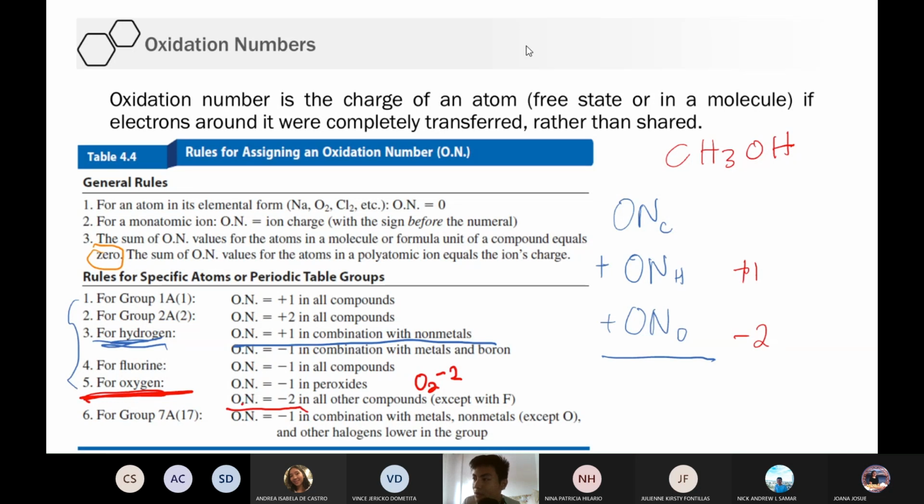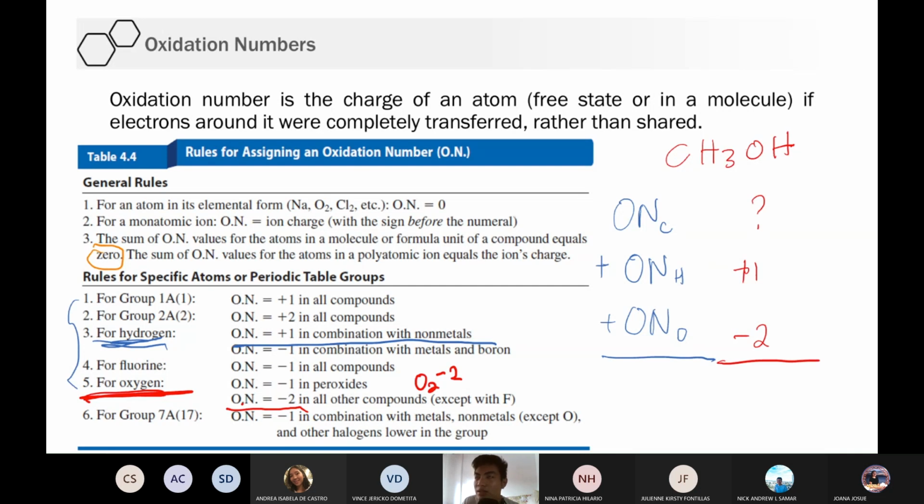Okay? How about carbon? Walang sinabi. Pag walang sinabi, ibig sabihin, nasa-solve mo siya. Okay? You will look for this carbon. Kasi wala siyang sinabi dito eh. Okay? Ang nandito lang is group 1, 2, hydrogen, fluorine, oxygen, group 7. Okay? So, if ganon, we're going to solve for X. No? We are solving for that. Kasi missing siya.